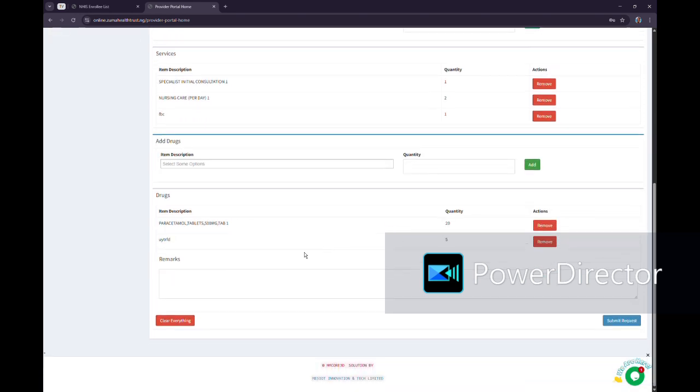Then the last part of it is remarks. The remark here is in case you are trying to add any additional information, maybe to update a previous code already given, or maybe in case of referral, or any other basic information you feel the person authorizing your code should know